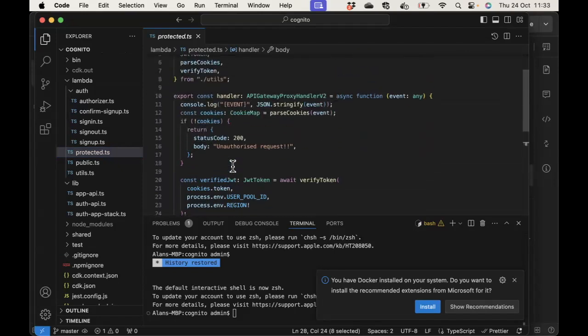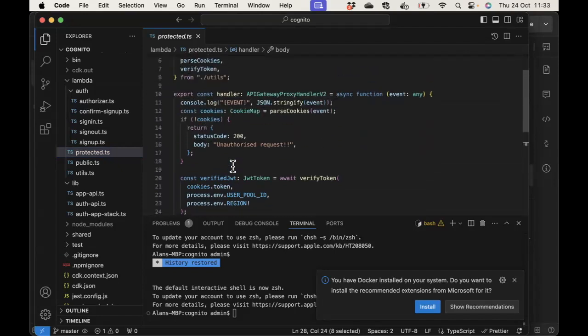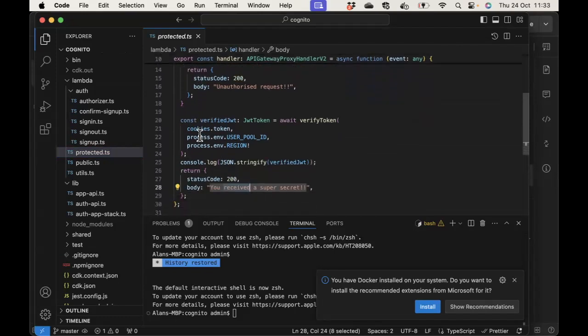Just as a matter of interest, what I'm also doing in this Lambda is I'm trying to decode the token. I'll come back to the mechanics of how I do that, and then I'm console logging the actual decoded token. So what does that console log actually look like? Well, if we go over to CloudWatch